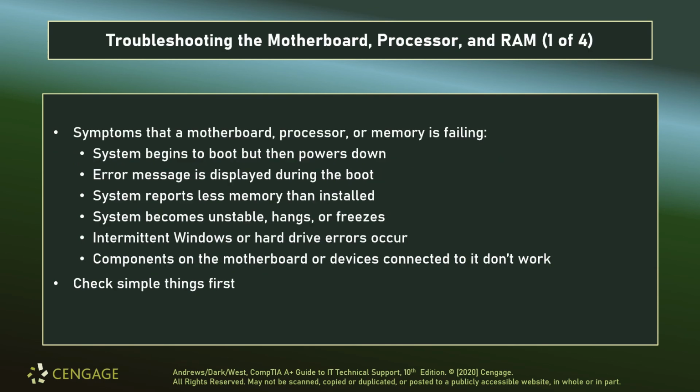Now we're talking about troubleshooting the core system. If we're seeing issues that the core system is failing, we'll see attempted boots where it tries to start up and then fails, error messages, the system reporting less memory than installed. That's a big one. If you've got 16 gigs of RAM and it shows that you have like 13, that's